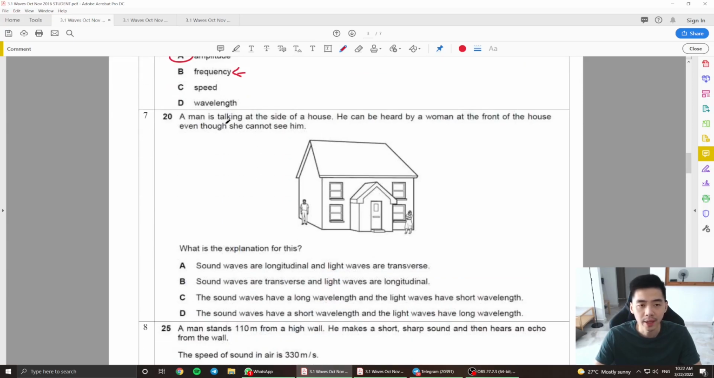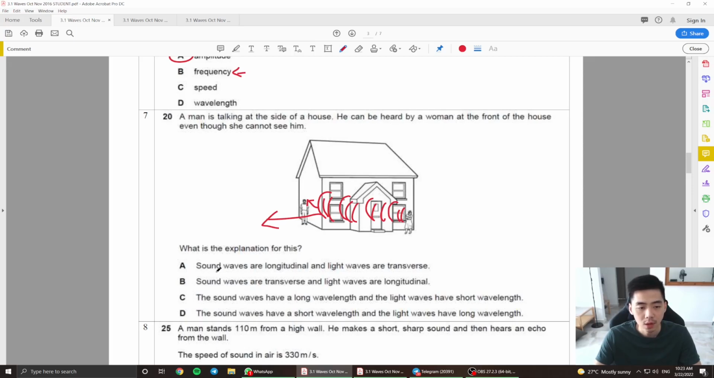Then after that, a man is talking at the side of the door. He can be heard by a woman at the front of the house, even though she cannot see him. What is the explanation for this? Now, in your IGCSEs, they love to ask somewhat similar questions like this. You have to understand that this is a property of diffraction, and the reason why the woman can hear the man is because the sound wave has a large enough wavelength which is easily diffracted towards her here. Whereas light waves have much shorter wavelengths, right? Because light waves have much shorter wavelength, it will usually be harder to diffract,